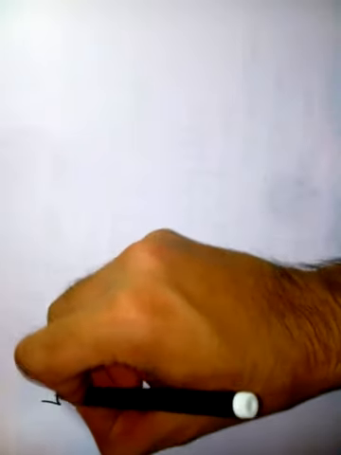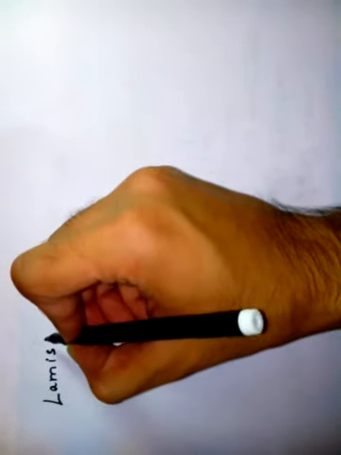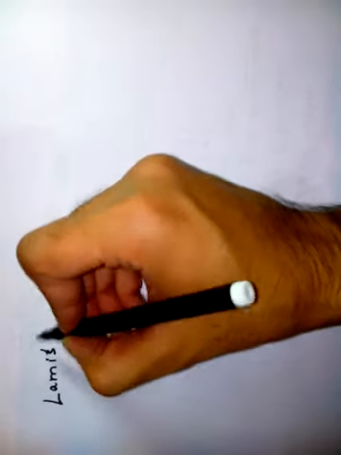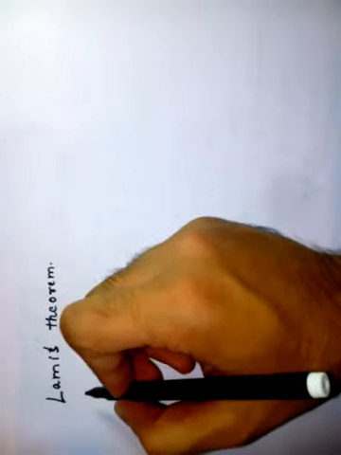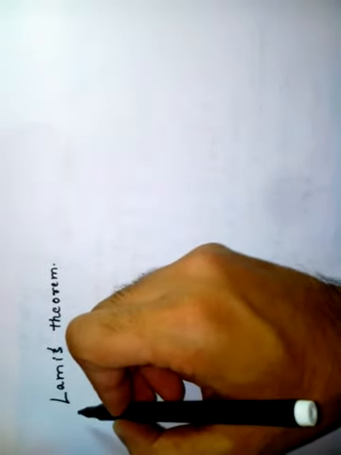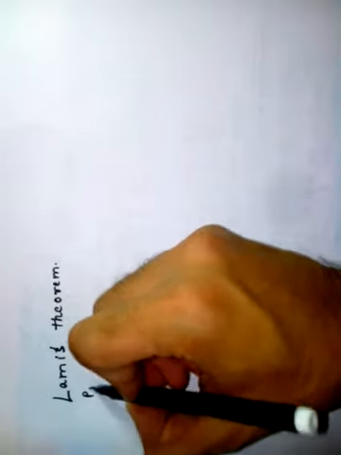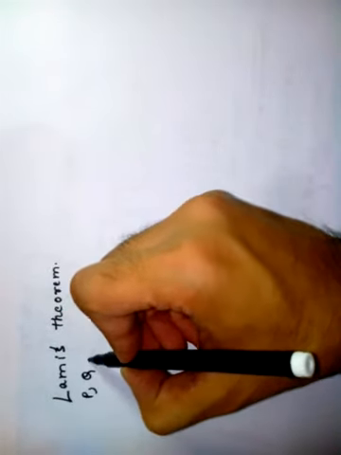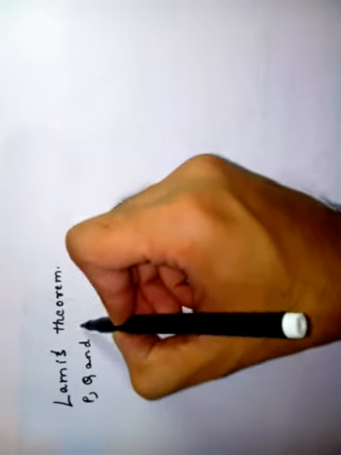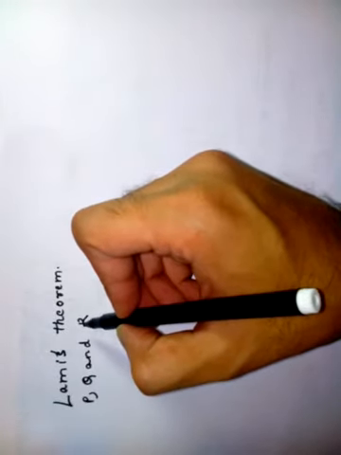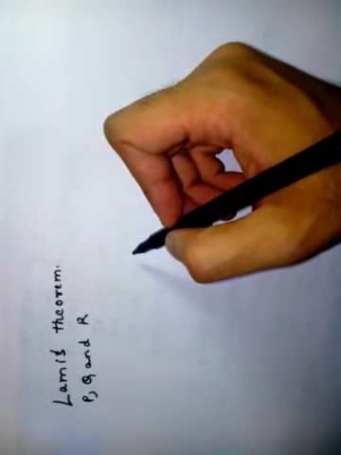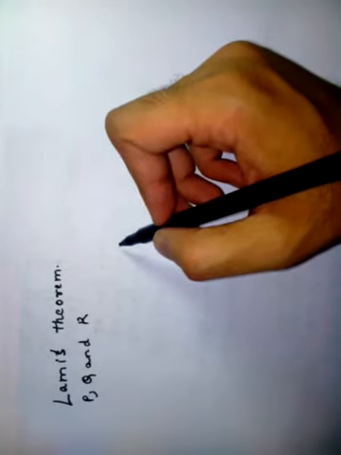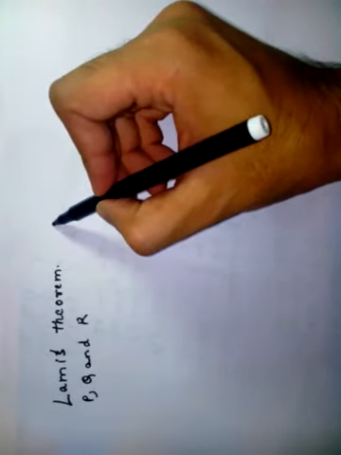So, if we talk about Lami's theorem, Lami's theorem states that, let's say, three vectors P, Q, and R are acting at a point, then the resultant is 0, or the system is in equilibrium, which means that if